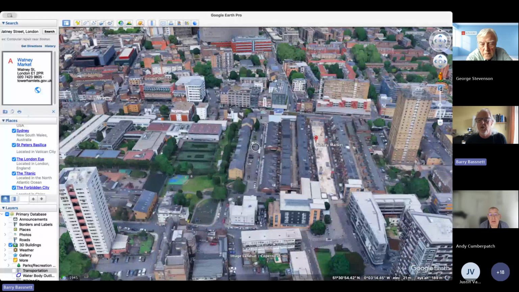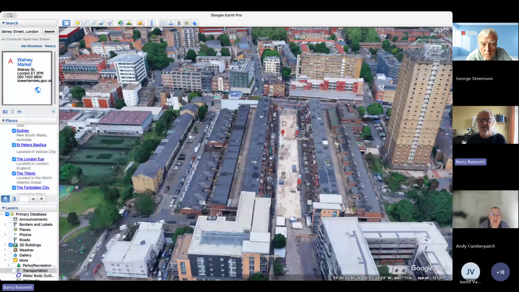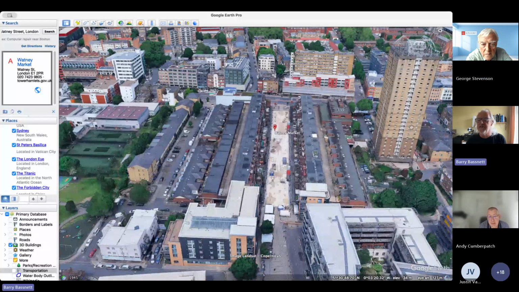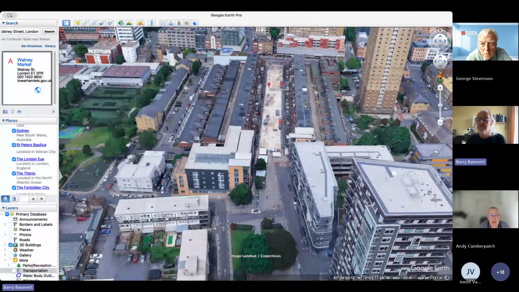So this here is Watney Market. This bit here, did you see my hand? Yeah. Okay, so this is the market. Okay, but what we've got here as well is, if I switch in, moving,